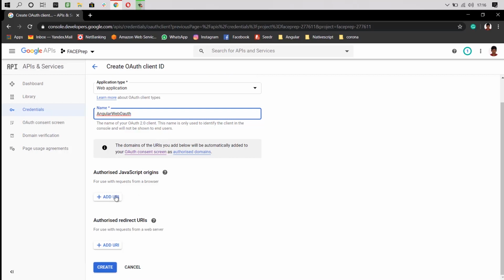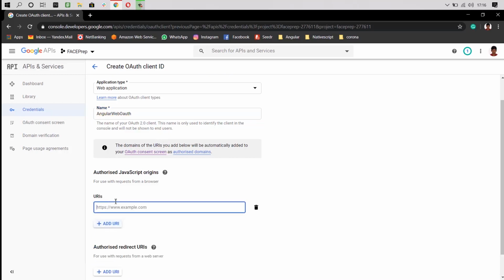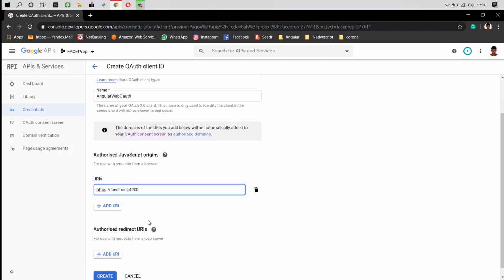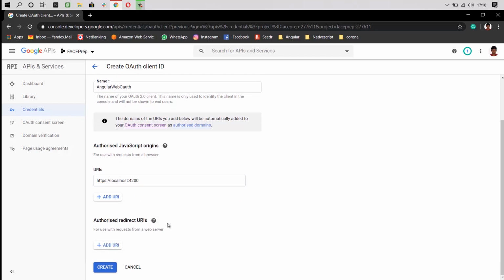That's it. And here we need to mention our domain. For testing we are using a local server, so here I'm mentioning my local server. In the local server Angular runs on port 4200, so I'm mentioning 4200 and the same for the URL also.